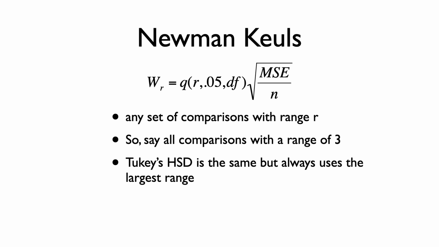So some of them are so conservative, these tests, that even when you find a significant F in your analysis of variance, it says none of the means are different. And it's like, well, no, they are. And some of them are so, I guess you want to call it liberal, in giving differences that, oh,